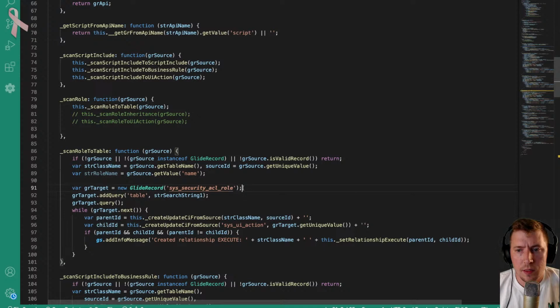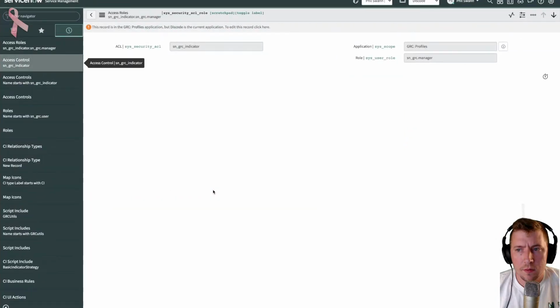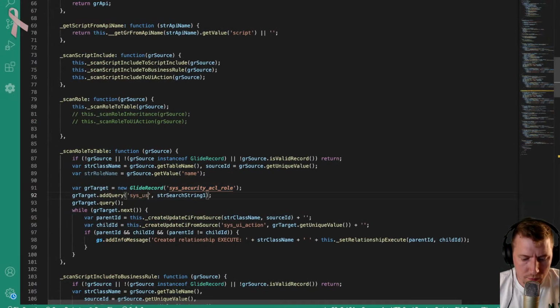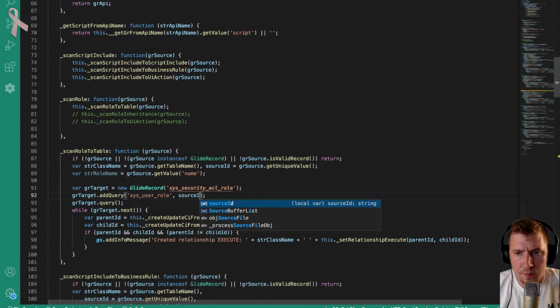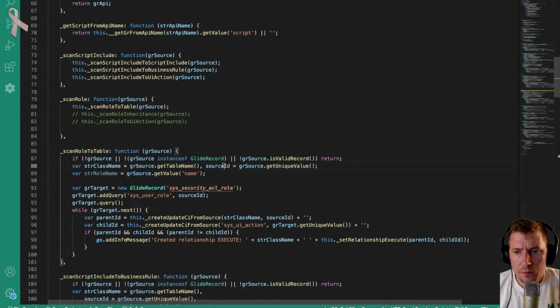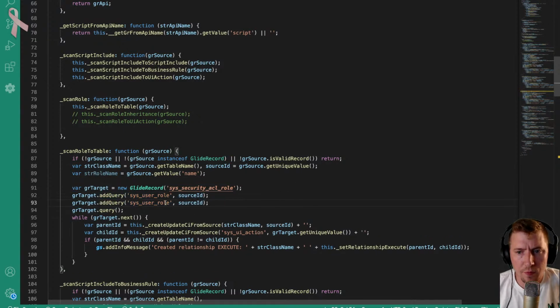So ACL role, add target query is going to be sys user role. That's going to be source ID. Okay. Source ID, because that's our role. Don't think we need this string role name. So this will get us all ACLs for that role,